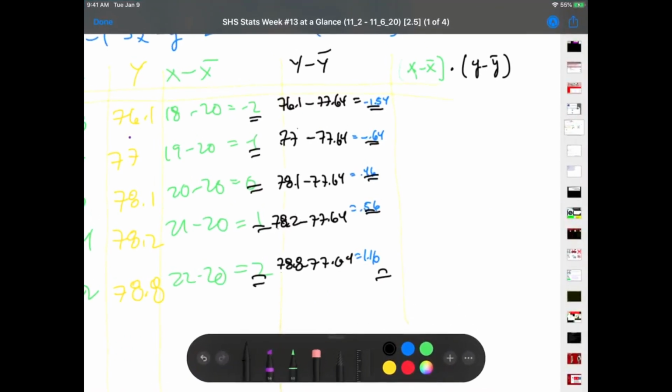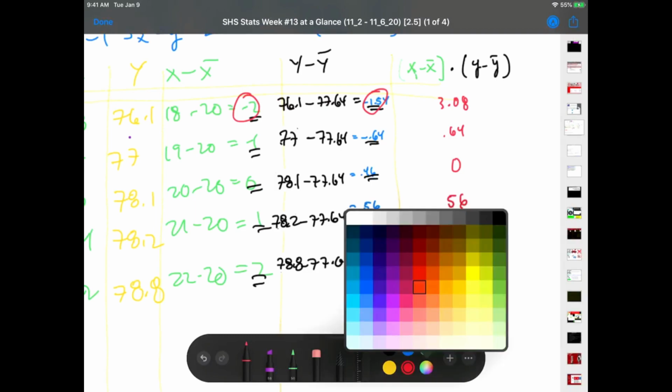Okay, now we can go back here. And now it's actually multiplied these numbers for us. So negative 2 times negative 1.54 will give me 3.08. Positive 0.64, 0.56, and 2.32. And then